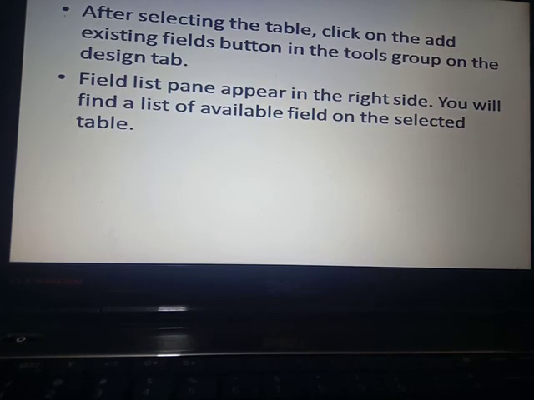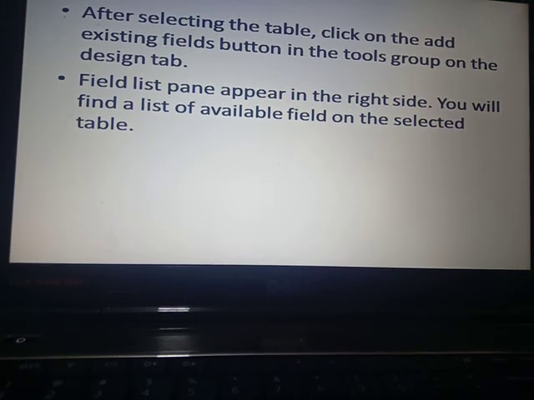After selecting the table, click on the add existing fields button in the tool group on the design tab. After selecting the table, you have to select the fields, that means the columns you want, on the design tab only. The field list pane appears on the right side. The field list pane means the column list will appear on the right side, and whatever is available, you can select any of them.